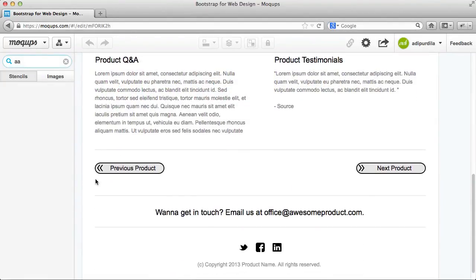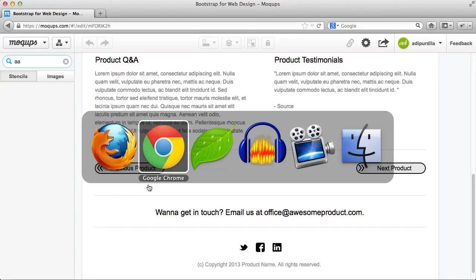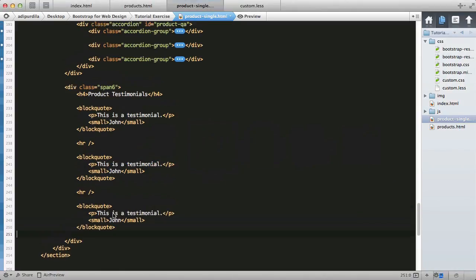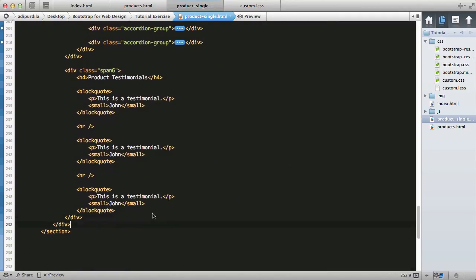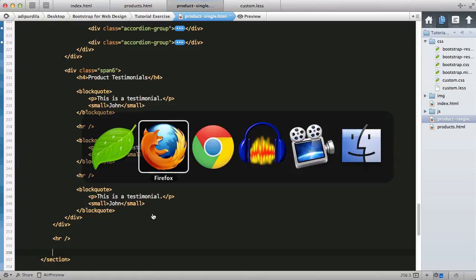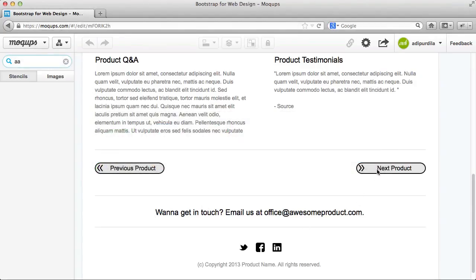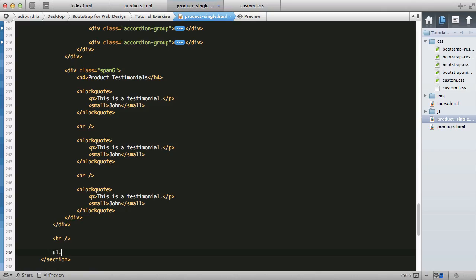We have one last element we need to add, and that is the product navigation. So let's add, let's see, div class row, it ends here. I'm going to add an HR, and then we can generate these two buttons with a list with a class of pager. This belongs to the pagination. And we'll say list item with a class of previous,